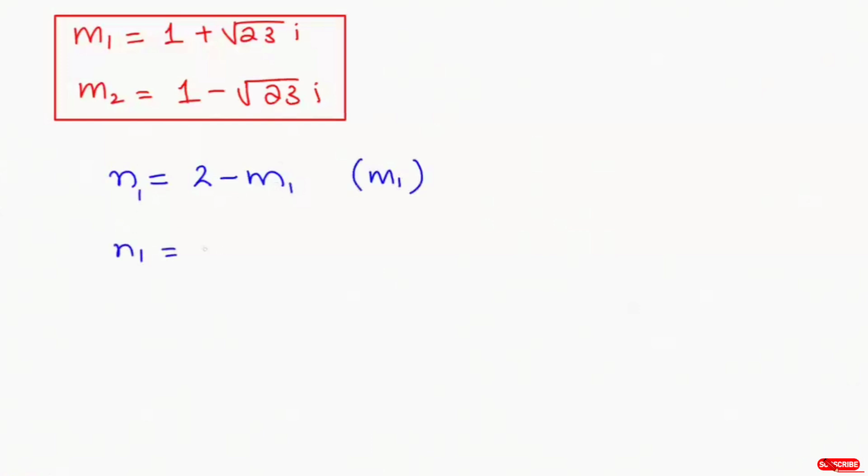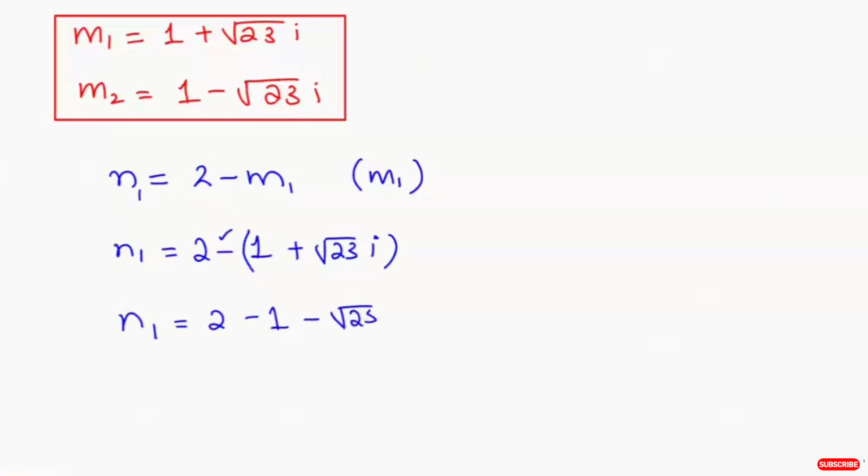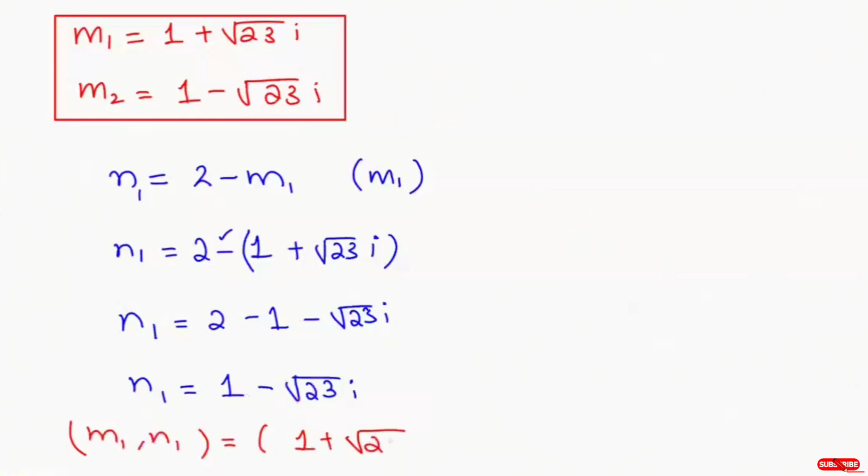n1 we have 2 minus (1 plus root of 23 iota). This I'm going to put in the bracket, and now I'm going to multiply this negative sign with this inner value. n1 we have 2 minus 1 minus plus minus root of 23 iota. And this will turn to 1 minus root of 23 iota. So here we get the m1 and n1 value, that is 1 plus root of 23 iota and 1 minus